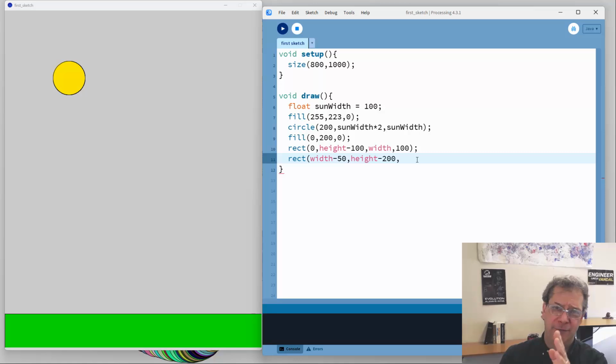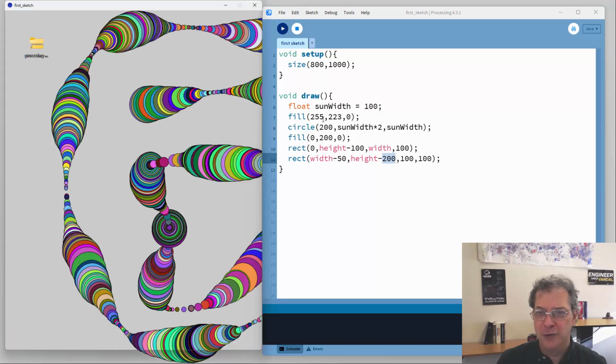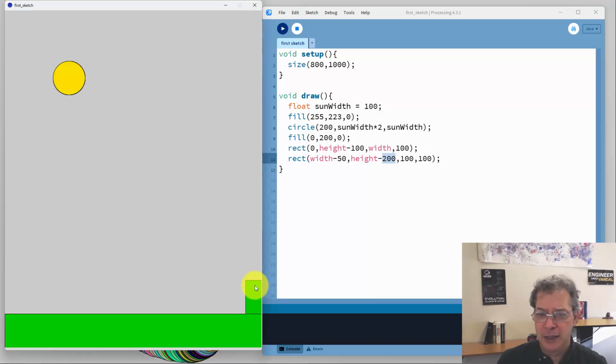And if I went 50 to the left, I want to go a full distance of 100 so that I have 50 on the left of the screen and 50 on the right. So I want my width to be 100 and my height to be 100 as well, because I went an extra 100 above the grass. So if I do that, what I get is a little square,